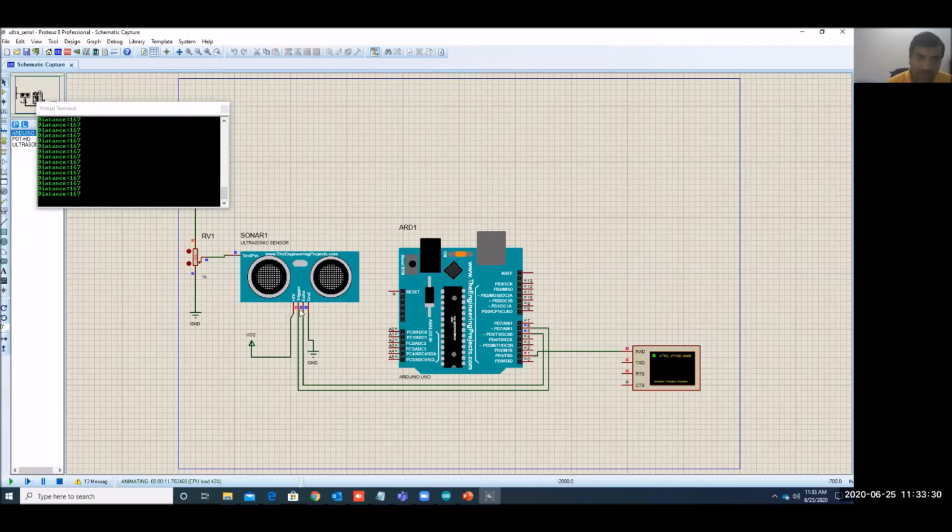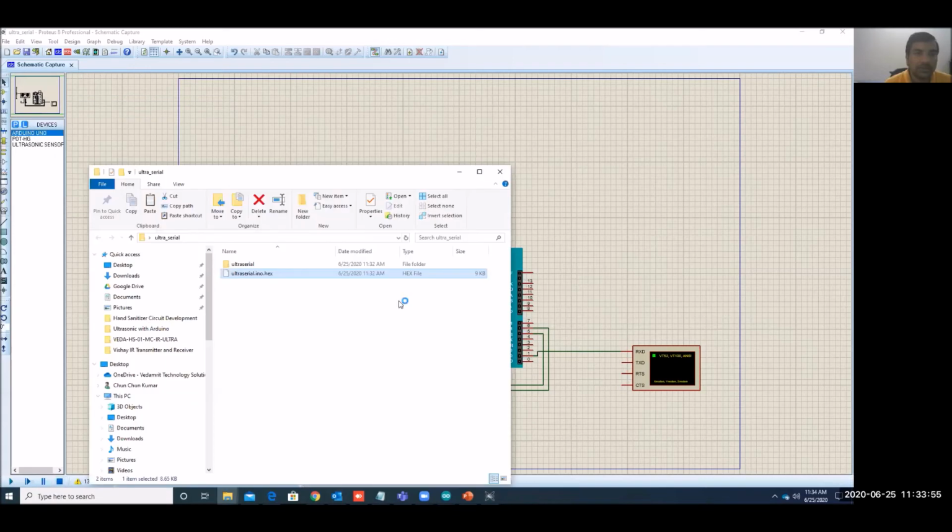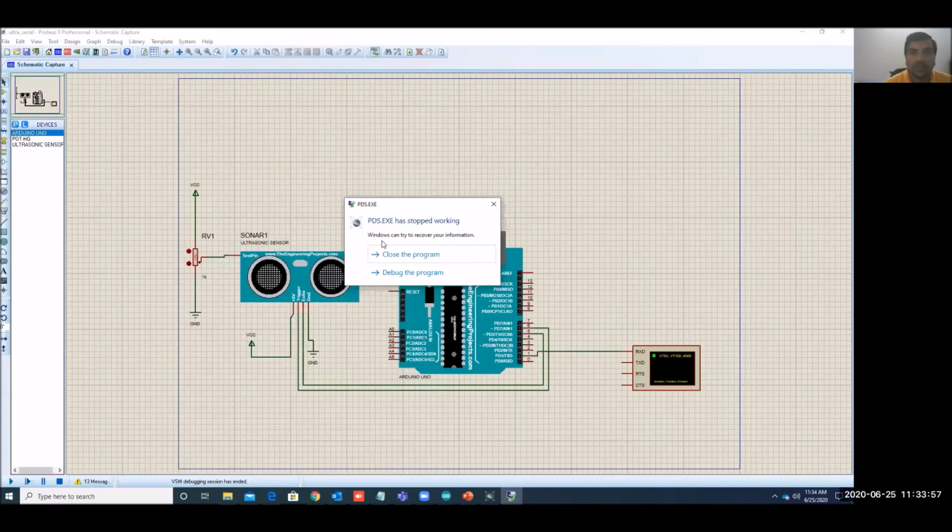Here you can see in trigger, the trigger will be on for some time, and once echo receives the signal, it will be red. And the distance will be in centimeters. Yes, we can measure in centimeters. So just stop it here. Sorry.